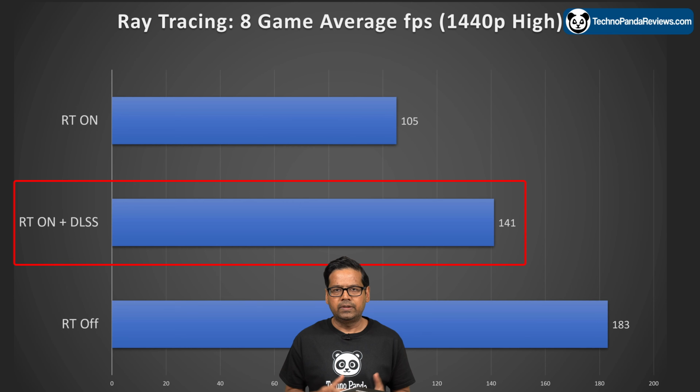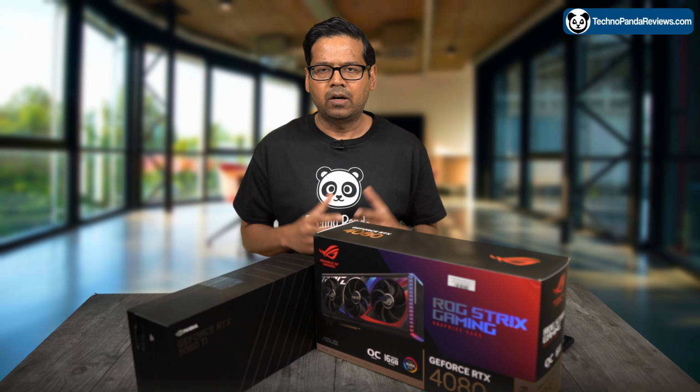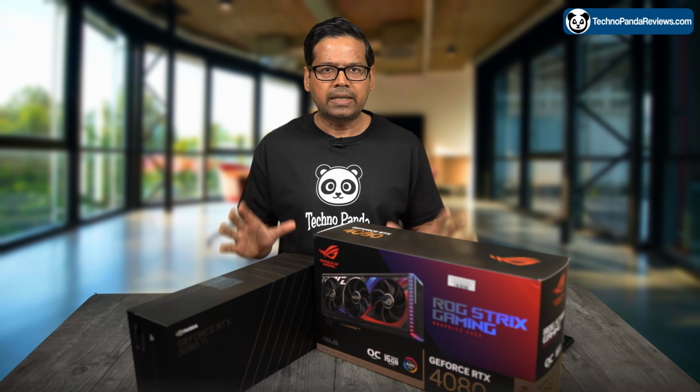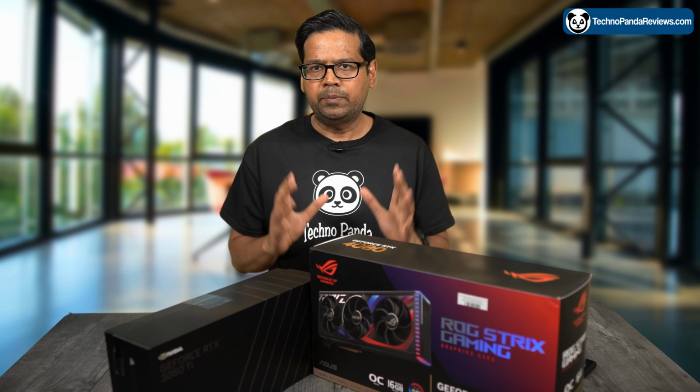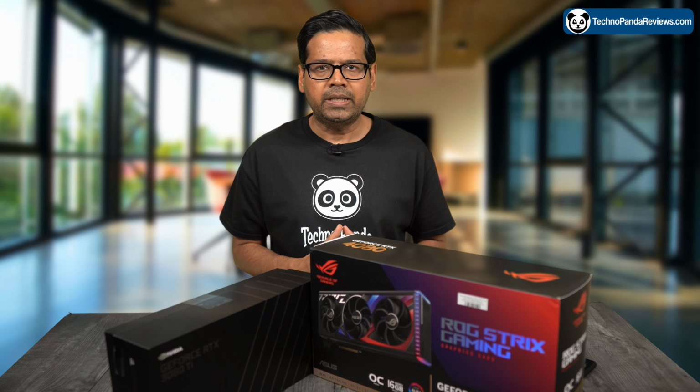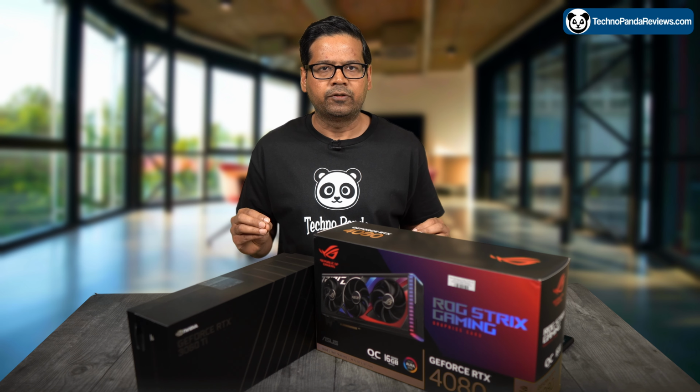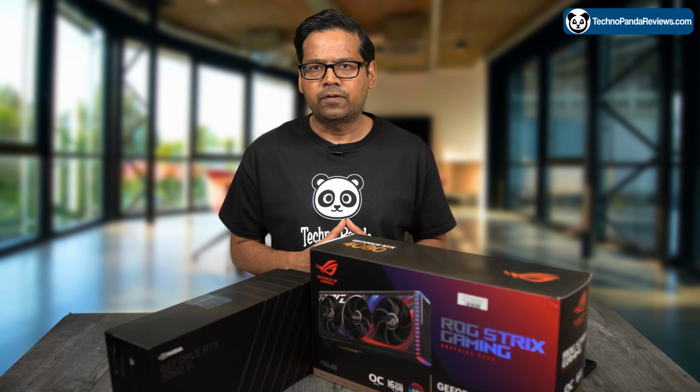visual fidelity. With DLSS 3 enabled, the average FPS increased from 105 to 141, which I think is a very impressive feat. However, it's important to note that not all titles support DLSS 3, so it may not be a viable option for all gamers. Additionally, it's worth noting that while AI upscaling can improve performance, it does come at a cost of some loss